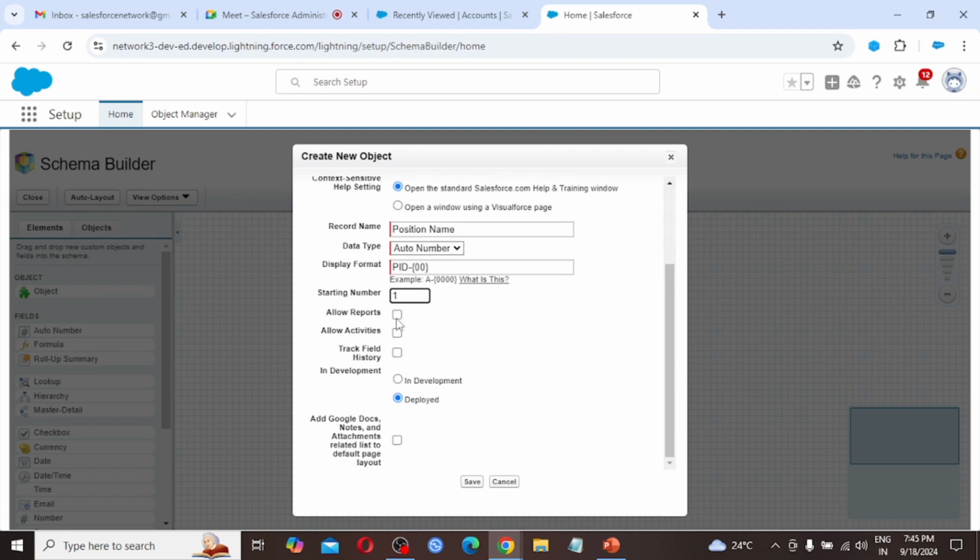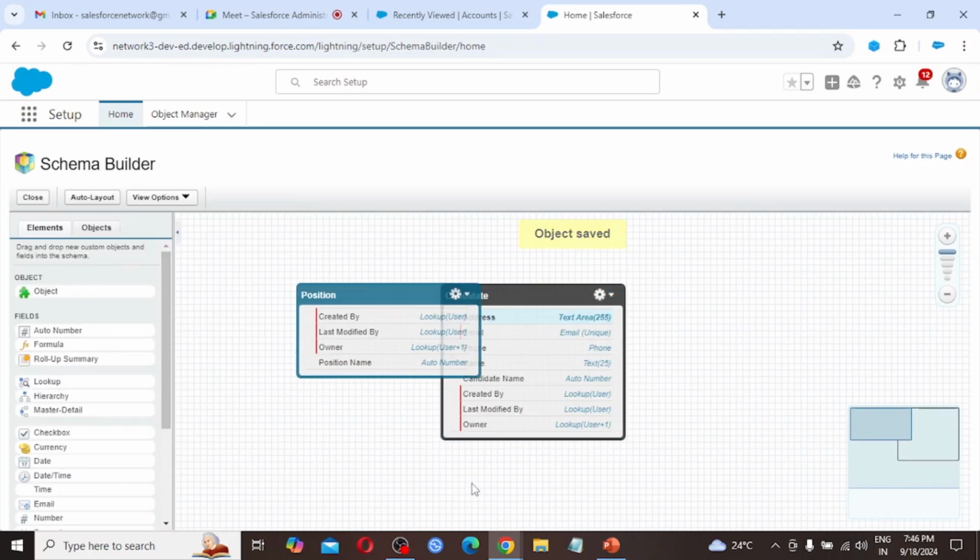So I am allowing the report, activities, field history, and also notes and attachment. Click save. So this is the thing. By putting this much of effort, we are creating the object.